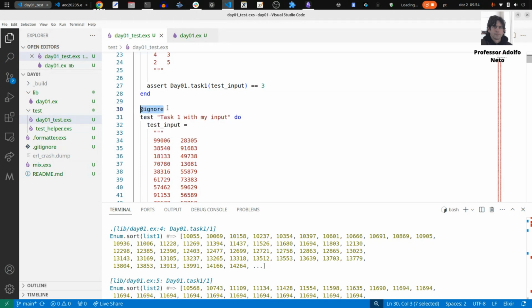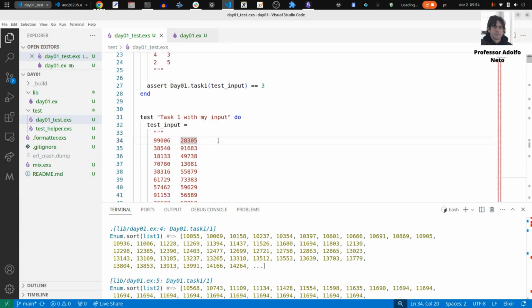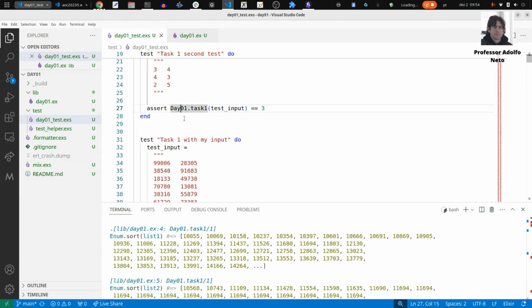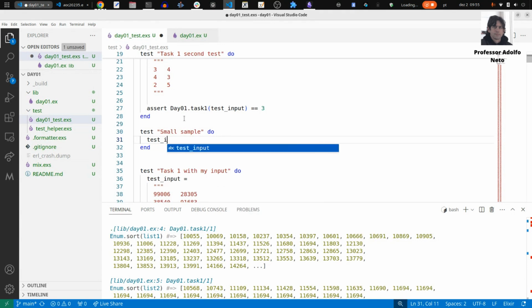No, it's probably possible, but let me do this for tests. Small sample do, and then I'm going to put test input here